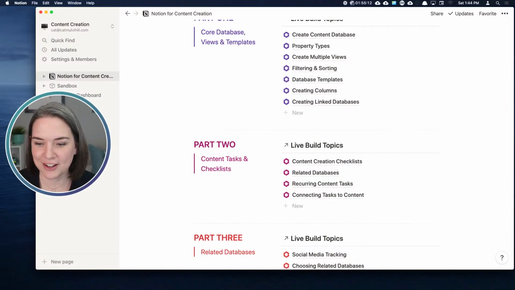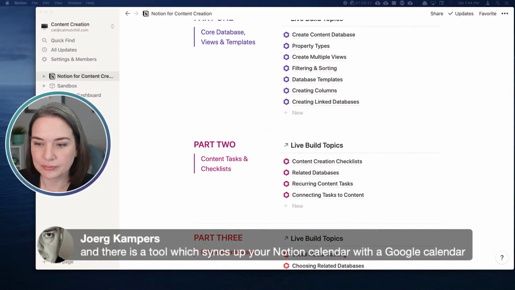I'm going to make sure I don't have any other Notion related questions. I think I've covered them. Oh, no, I see a question here. Is there a tool that syncs up your Notion with Google? Okay, so right now